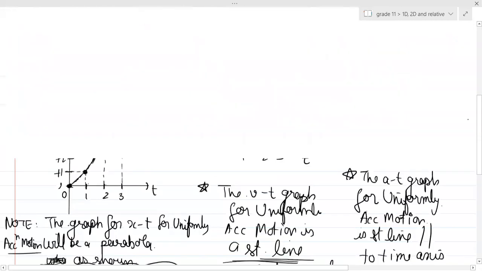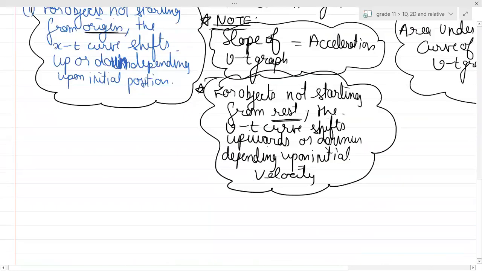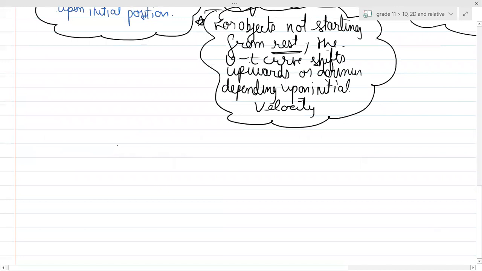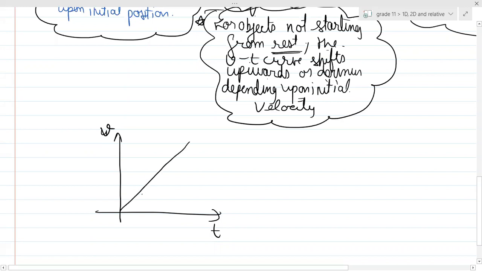So guys, please remember, you have learned trigonometric ratios, although I think you are familiar with them. Suppose there is a line over here, let's say this is v and this is t, and the graph goes like this, a straight line. Can you see, guys, this graph is a straight line, so you'll calculate the angle which it is making with the time axis. Let's say this angle is theta. Then the slope will be equal to tan theta.